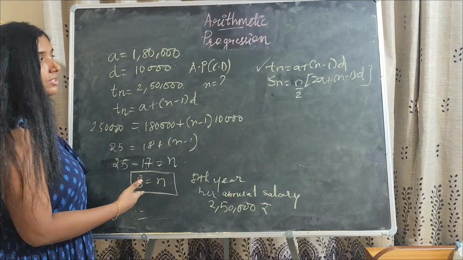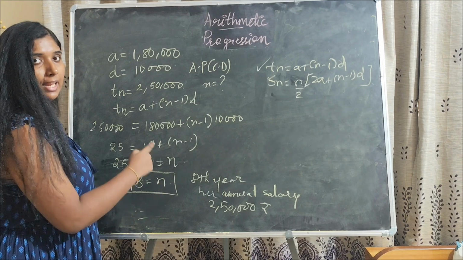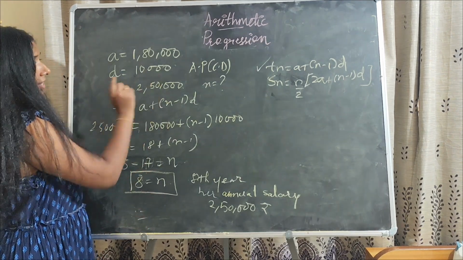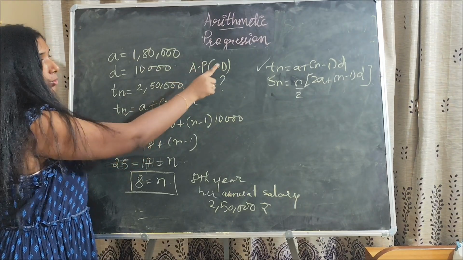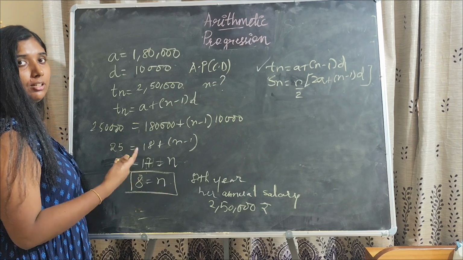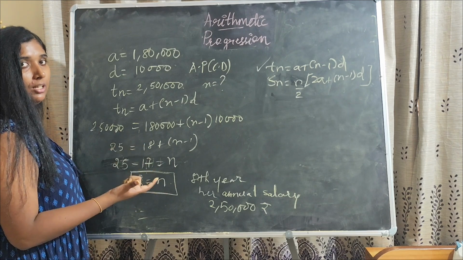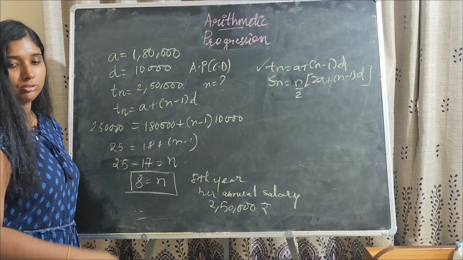Okay, please note this down and note these two formulas for solving the questions like word problems. Try to identify whether there is a common difference in the questions and whether it is an AP. So when it is an AP, you can apply these two formulas. Otherwise, you can directly say that the condition given is not an AP, the sequence is not an AP, so it cannot be solved. Okay, please note this down.